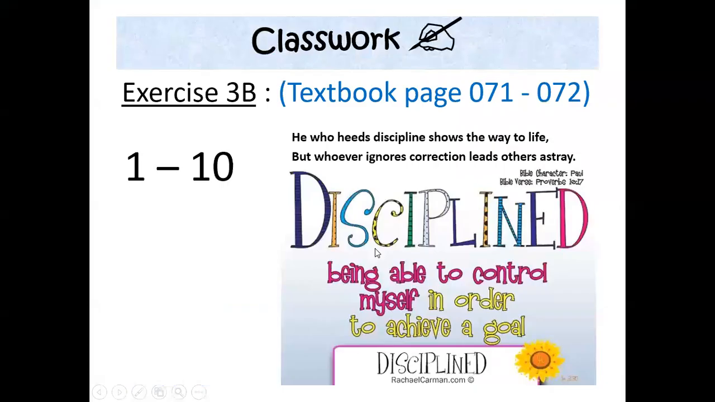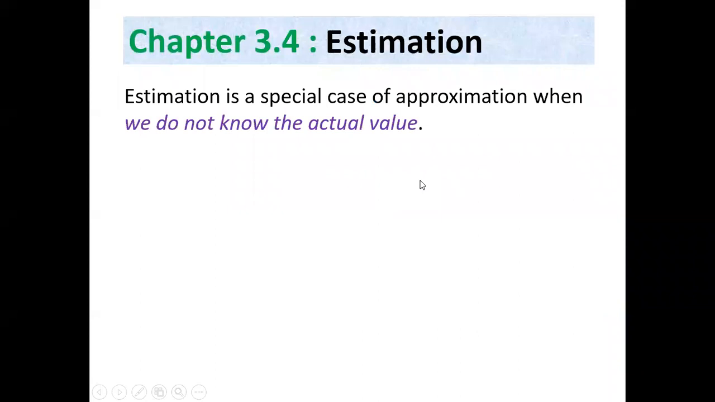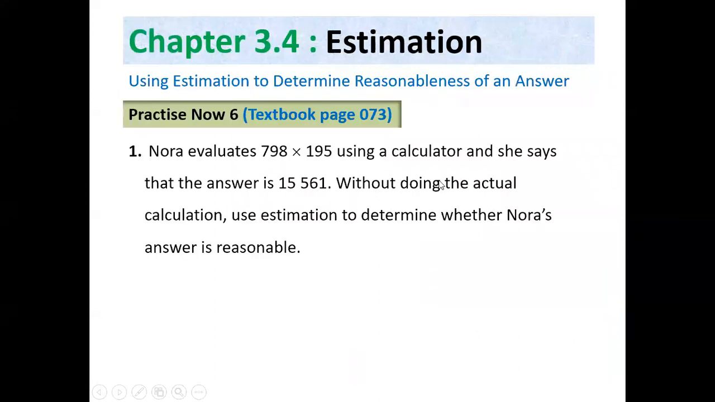Okay, continue. Exercise 3B, you can continue it by yourself. Now, we try to estimate. This is very simple. Here, Nora evaluates 798 times 195 using a calculator and the answer she got is 15,561. Without the actual calculation, determine whether the answer is reasonable or not. Nora's answer is